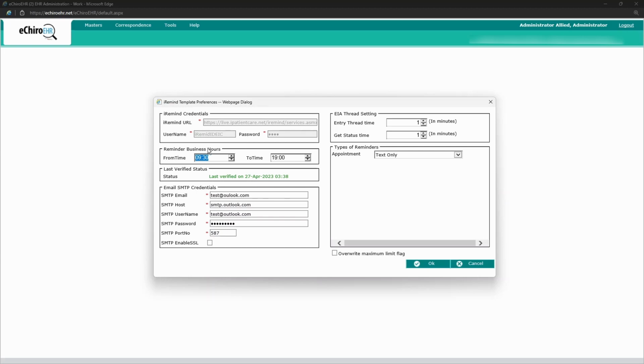So this is the business hours. This allows us to set the time frame that reminder messages will go out. And so you can set the earliest time of the day and how late in the day those reminders would go out. Down below, if you're going to be sending out email notifications, that's where you would set the